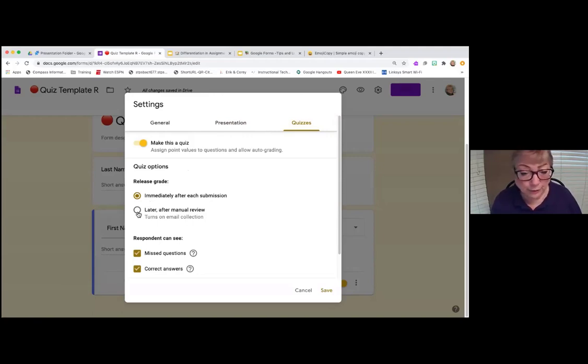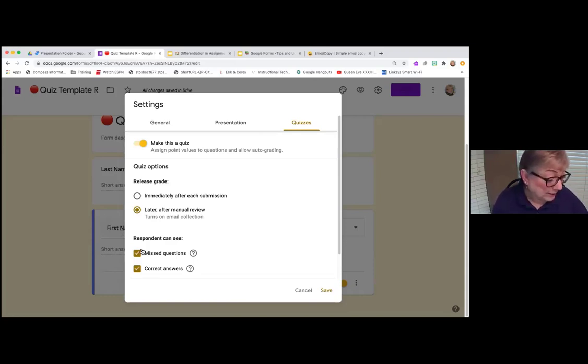I normally like to do it later, after manual review, because if you're using checkboxes for one of your questions, like check the characteristics of a tiger, and it's a carnivore, it's got a long tail, lives in the jungle, it's a plant, it lives in water, and the students have to check the correct responses, if there are 3 correct answers and they only put 2, Google will grade it wrong. But if you go in and manually check it, you can give them partial credit for that.